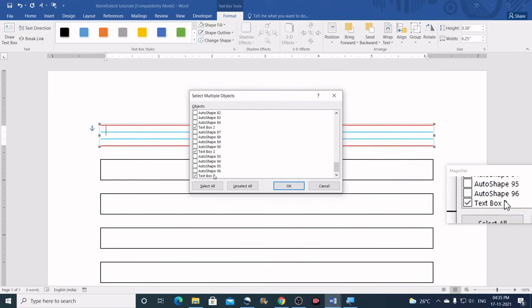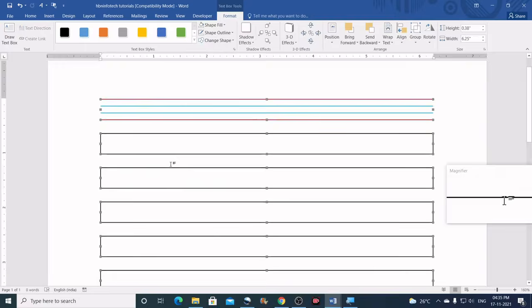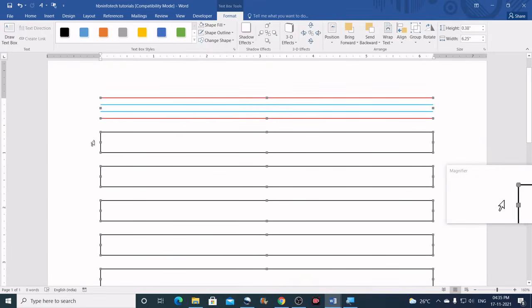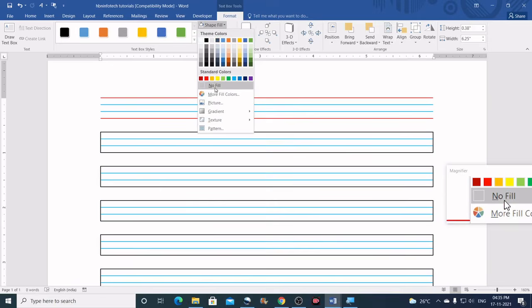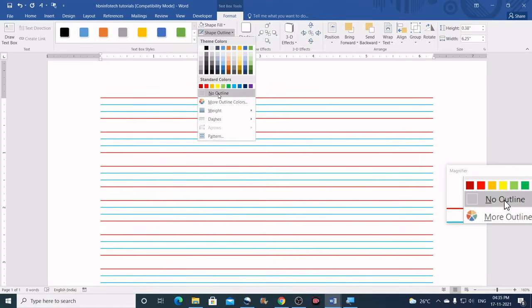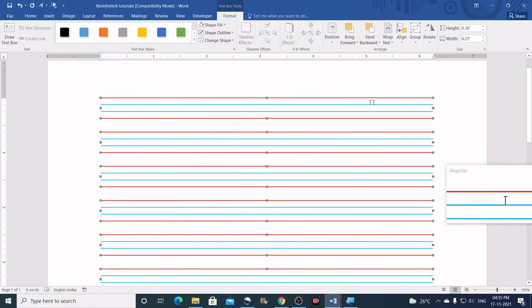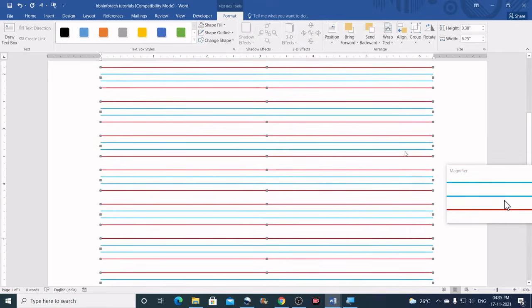Once all of the text boxes are selected, click on OK. This selects only the text boxes. You will need to wait until the flickering is stable. Now go to Shape Fill, click on No Fill, and then Shape Outline and No Outline. This removes the border for all of the text boxes at once.